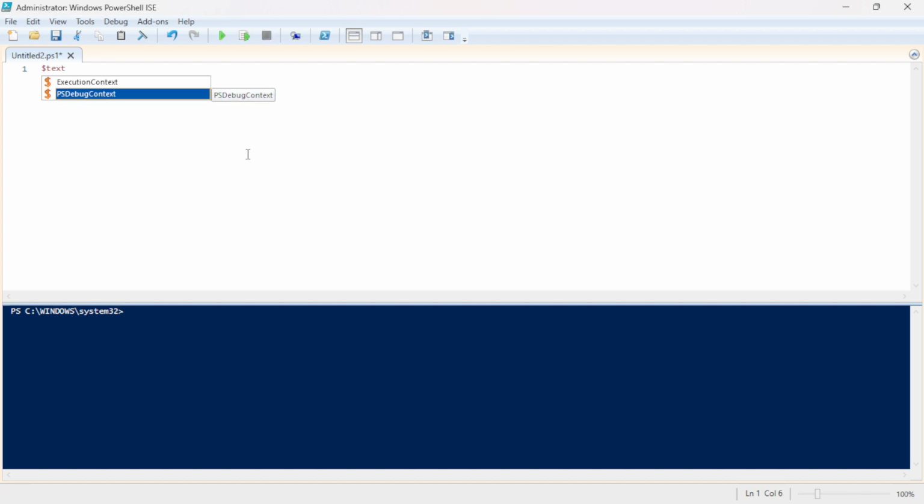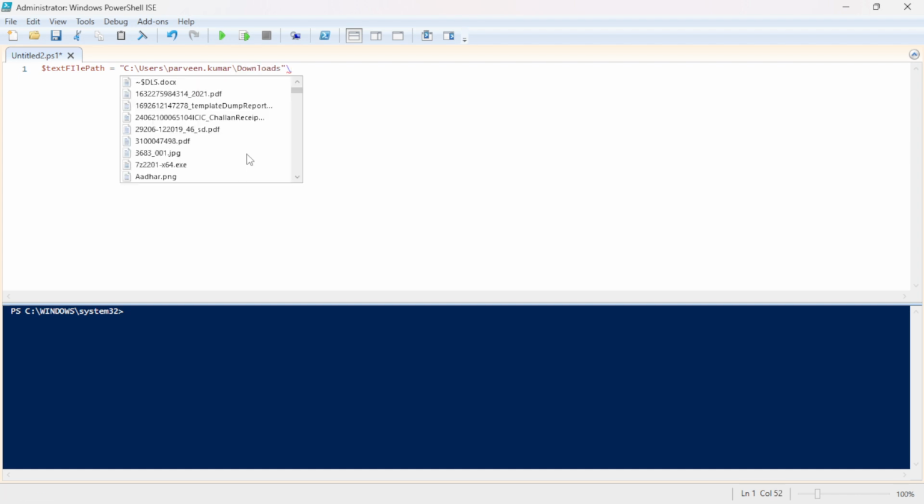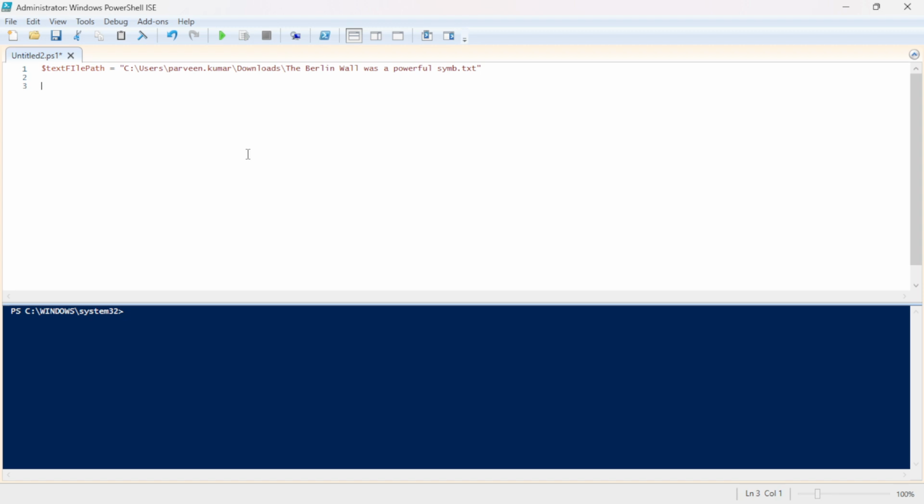Here, first of all, I'm creating a variable for the file path, and then we have to define the path here. I have saved the file in the Downloads folder, and the name is the Berlin Wall. And then we have to